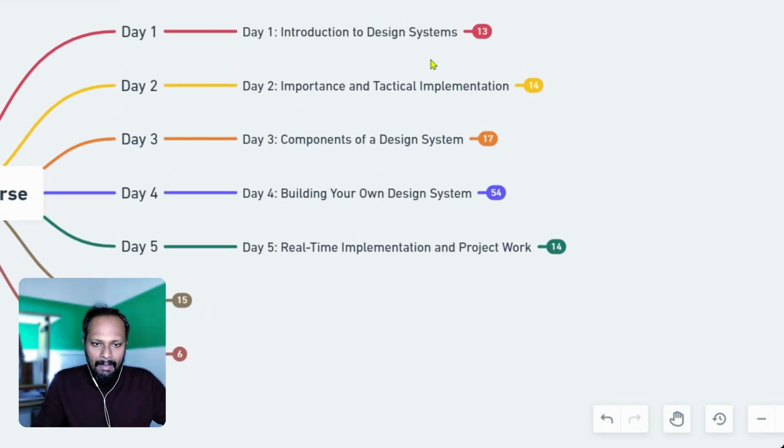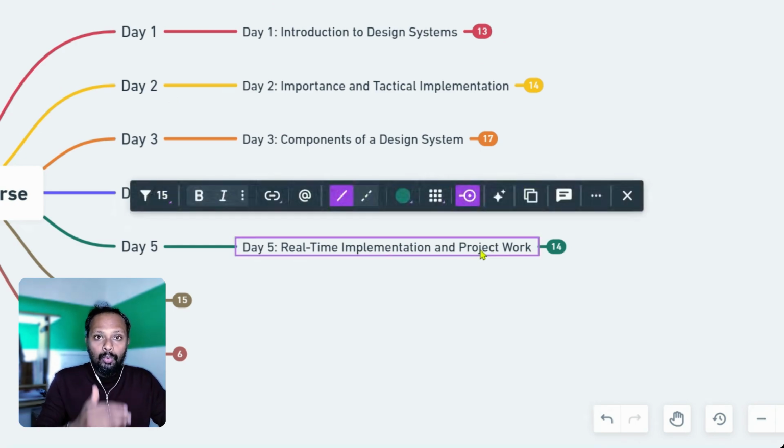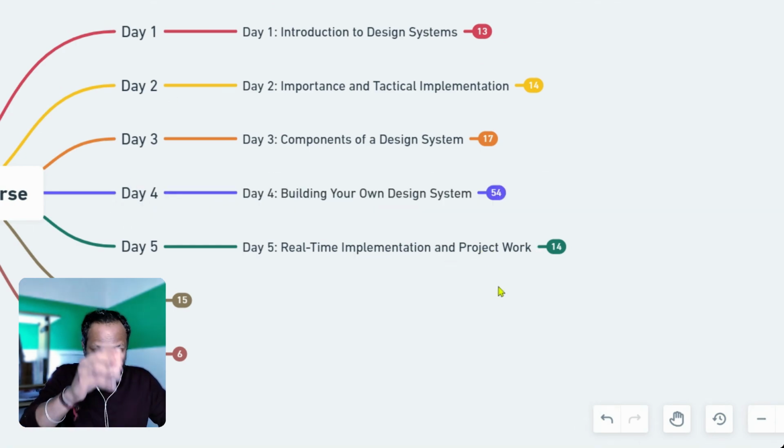Just to recap, on day one we saw the introduction of design systems, their importance, and why it is very important to implement them tactically, and we learned certain case studies like Google, IBM, Atlassian. And then we saw how to create components and outer layouts using simple elements, and how you can scale it up for a big system, and then you started making your own design system. Now I wanted you to learn how to integrate it into your projects, in your screens,